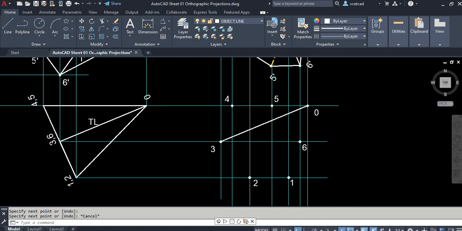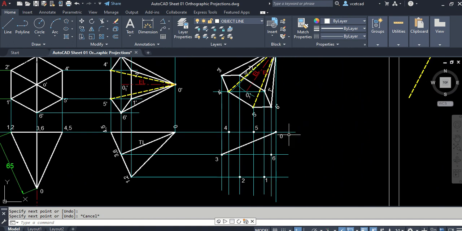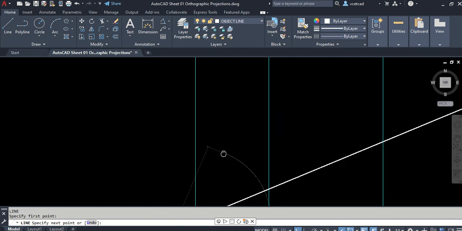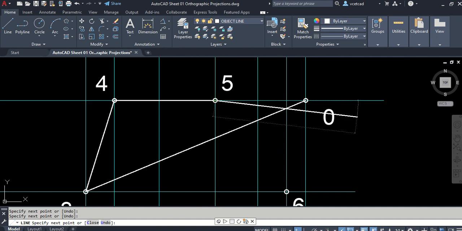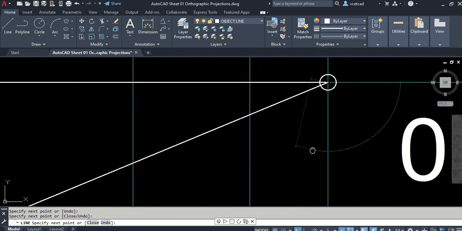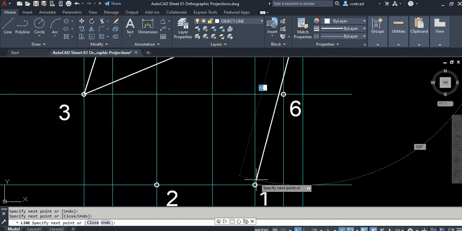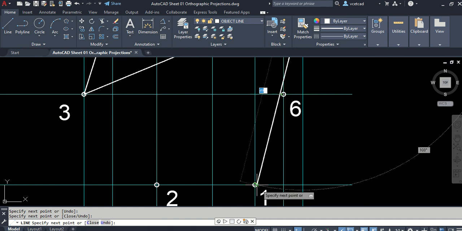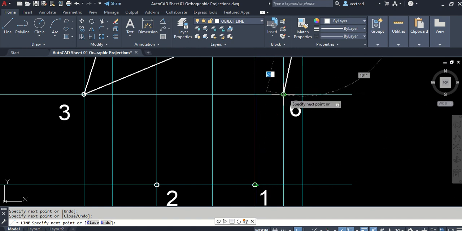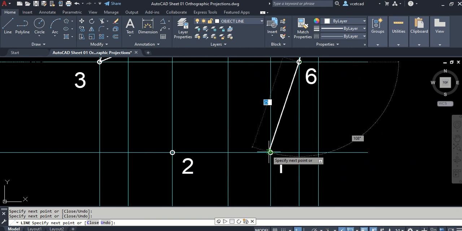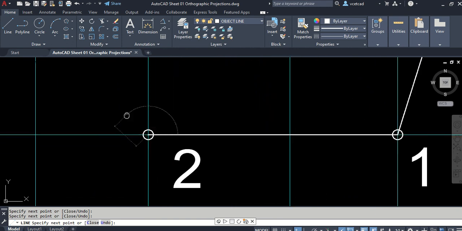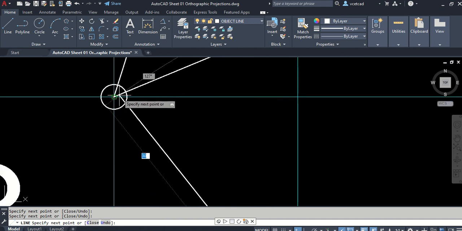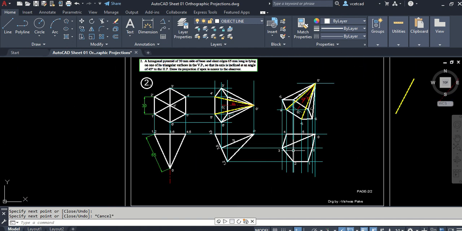Okay, this is done. After that we know that the borders of the problem will be always dark. So 3 to 4 dark line, because it will be forming a border. 4 to 5, 5 to O, then O to 6, yes, O to 6, let us check first, yes, O to 6, then 6 to 1. Surrounding borders will never be hidden. Always keep in mind that any of the surrounding borders will never be hidden. Okay, it will be as a dark line.